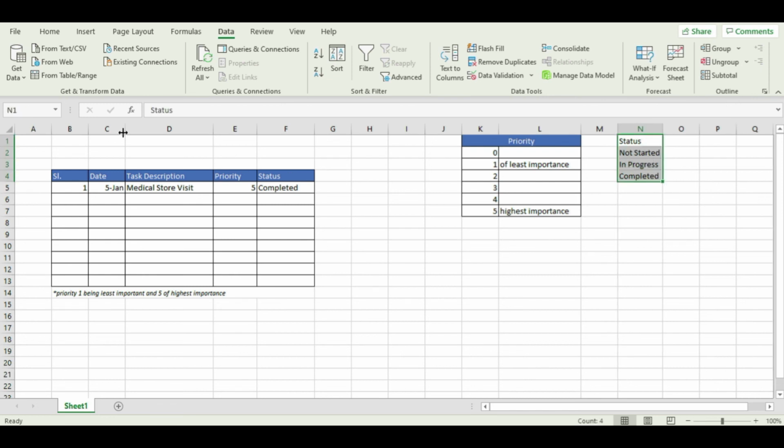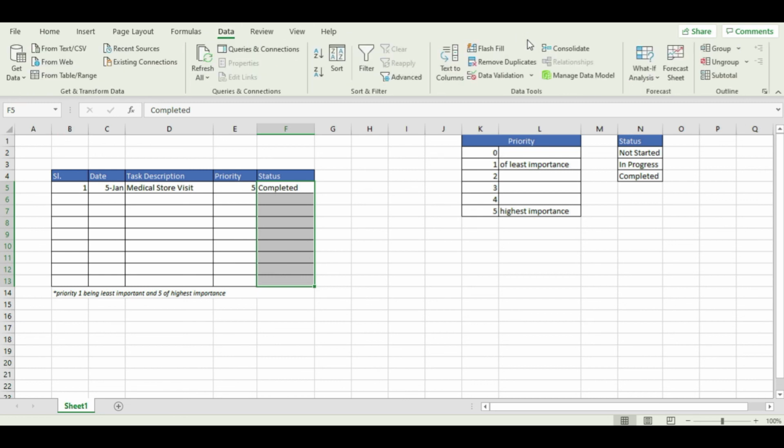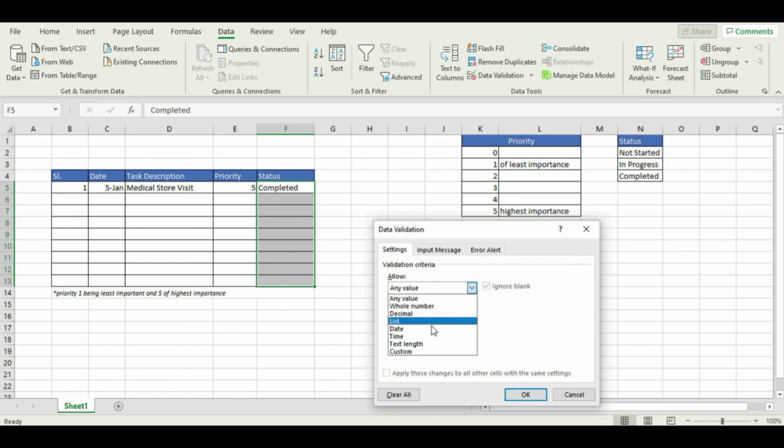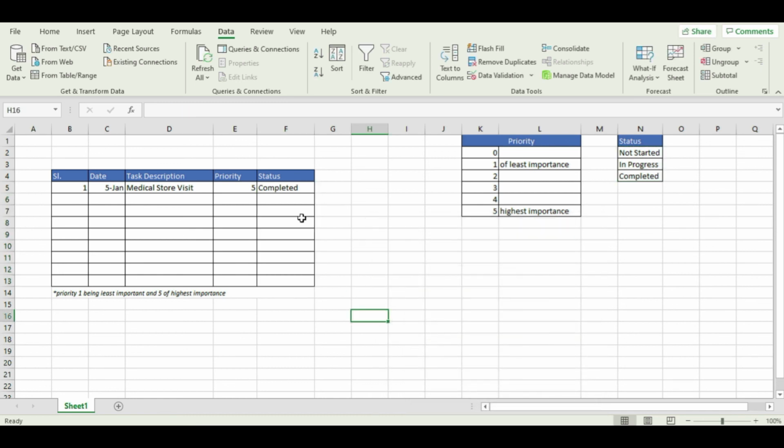Alright, here we go. I like to format it as we go along, makes it look neat and clean. Okay, save it again. You select the cells where you want this data validation, click on Data, Data Tools, Data Validation, select the list, and then select the range of values, click OK, and you get